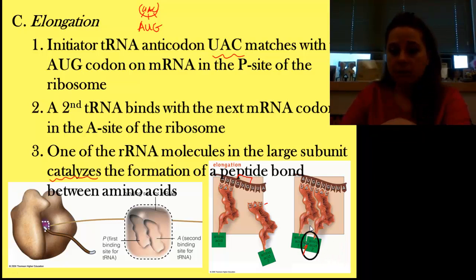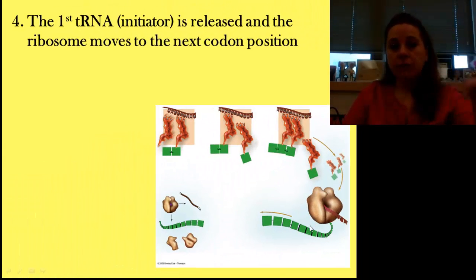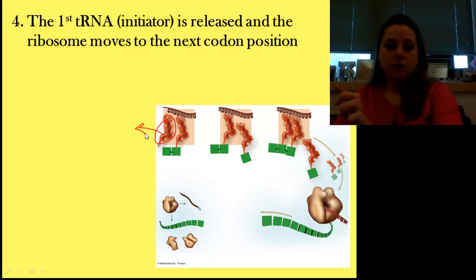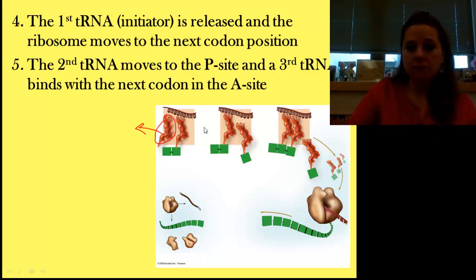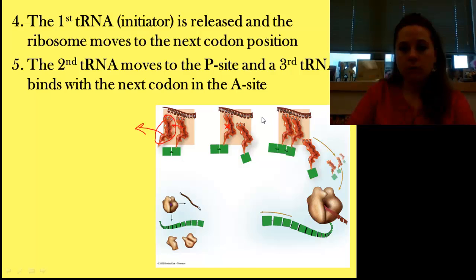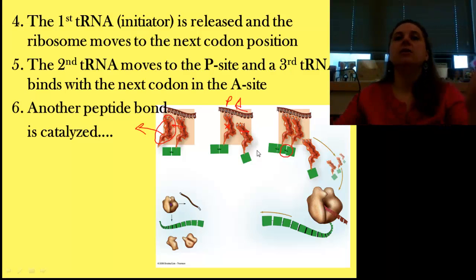Once this happens, the first tRNA, that initiator, the tRNA itself, lets go, says bye-bye. The tRNA, okay, that was in the A site now shifts to the P site. So this one here now moves over, and now this is now in the P site. A new tRNA with a new codon matching up to, new anticodon matching up, comes into the A site. Those get linked. And then that one moves over, another one's catalyzed, and it continues on and on and on